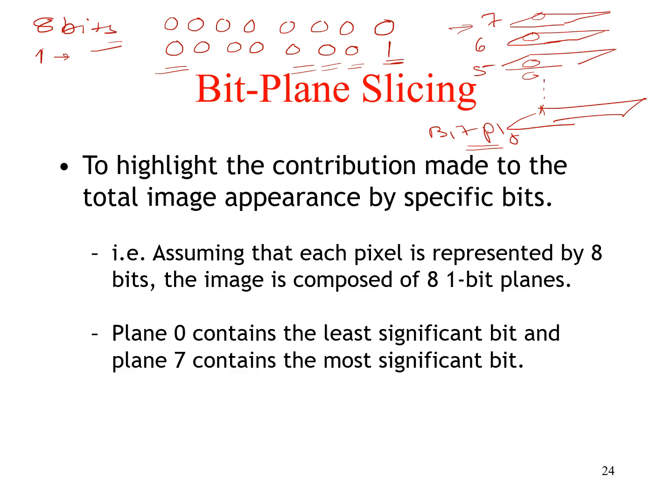Generally we use bit plane slicing in compression, where we can compromise on the lower bits, not the higher bits. Higher bits carry the most significant information related to the image. So whenever we want to compress or hide some information, we use the lower bits, not the higher bits.